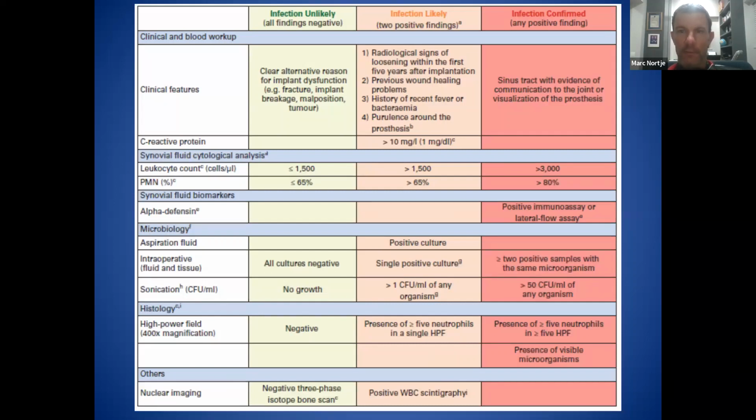And then it would be confirmed if there's a sinus tract with evidence of communication to the joint or visualization of the prosthesis. So that would be one of the major criteria. A serum CRP greater than 10 is infection likely. Okay, but obviously for infection to be likely, you need 2 positive findings. So 2 out of any of those features in the column. And then the synovial fluid